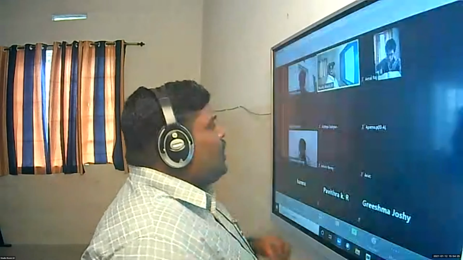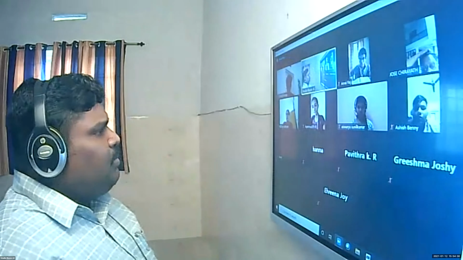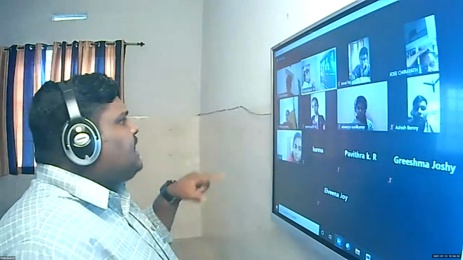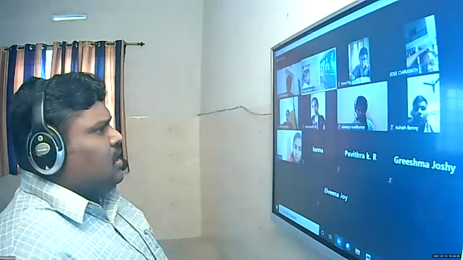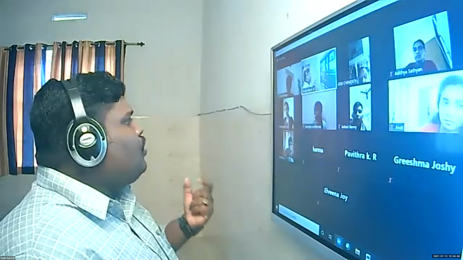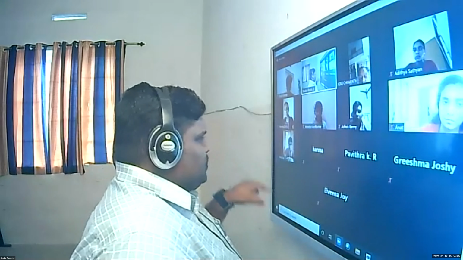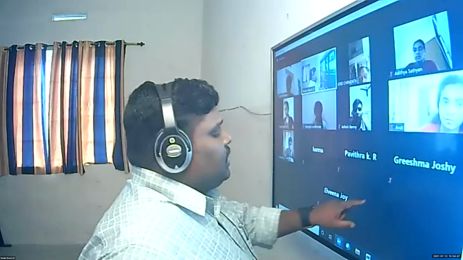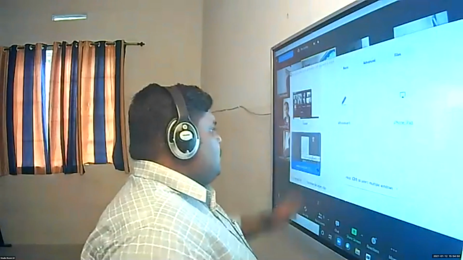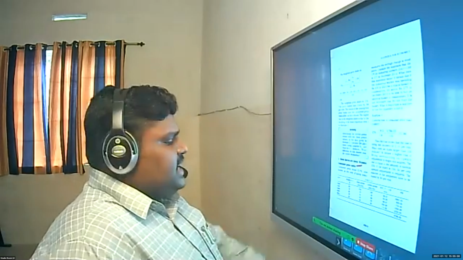Just calculating the price index will not make any changes in the society, right? Yes or no? Is that able to make any changes in society? The government has to act as per the result of these calculations. We are collecting data, analyzing it, and interpreting it, and the government has to take some measures to solve the problem. If any problems are there in the society, it is the responsibility of the government to take measures or steps to solve such a problem. That is the importance of these statistical tools. Not just studying, there are applications. Is this idea clear or not?